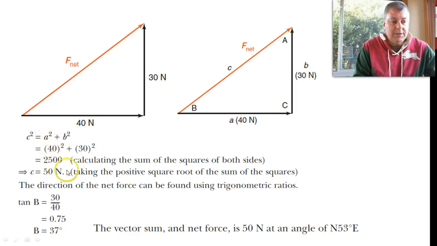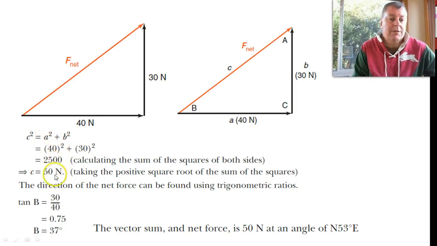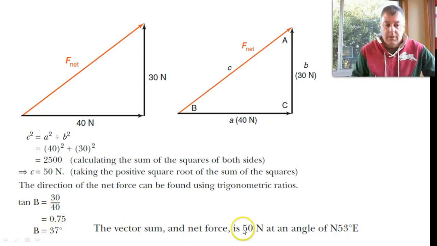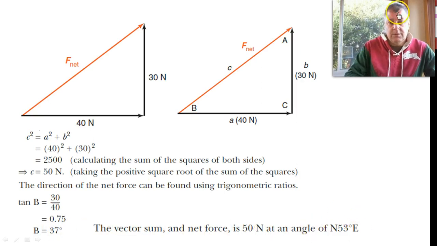Worked it out, 50C, so that might tie in with the maths that you're doing at the moment. And they've also used tan of B, so they're finding this angle here, and they found it to be 37 degrees. And they've given the answer as 50 newtons at an angle. Now they've given this as a bearing, and they're not using the 37 degrees, because the 37 degrees is actually